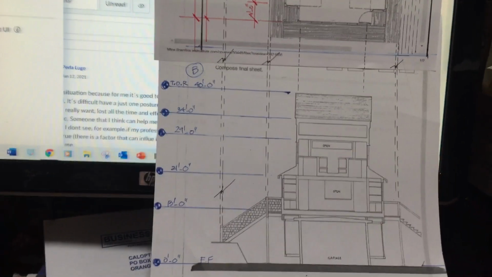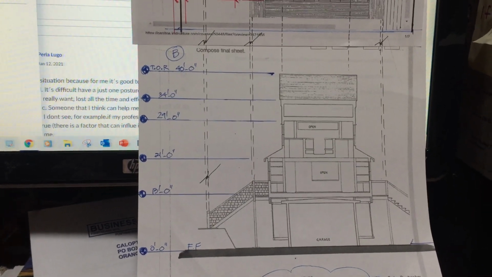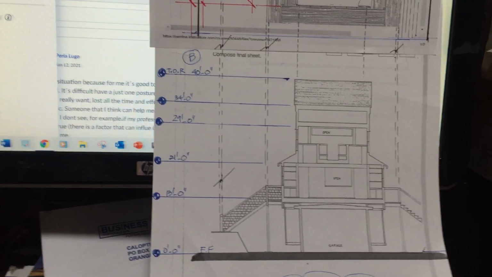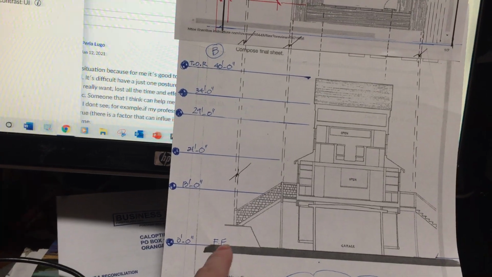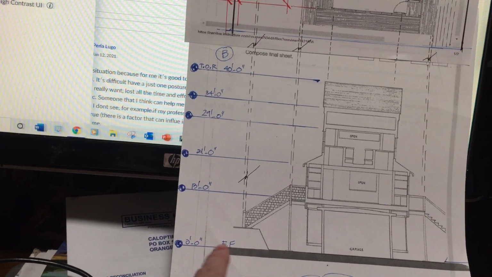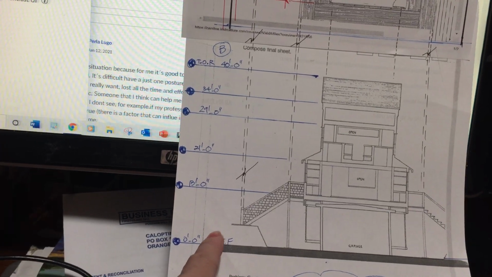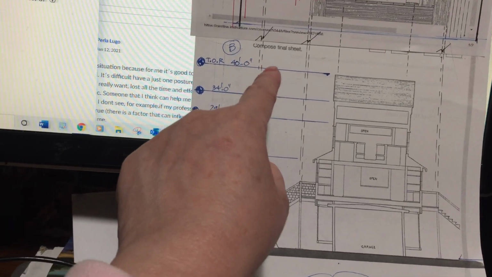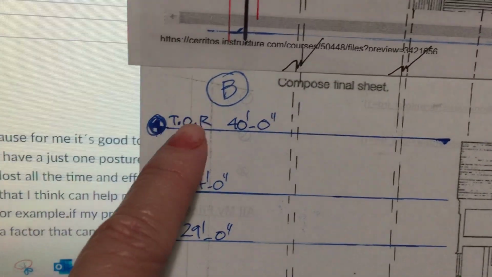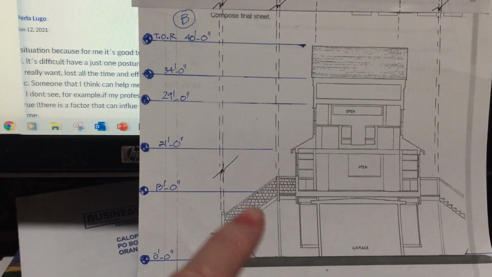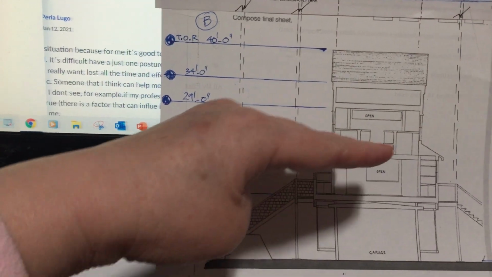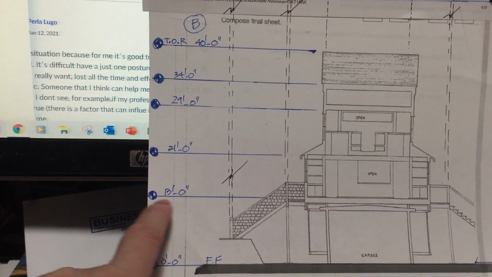One more time, I need you to measure with the 1/8 scale and draw on the 1/4 scale. So for example, here from the bottom, this is the finished floor. I put 0 feet 0 inches. That means the finished floor. I measure up to the top of the roof with the 1/8 scale, and I got the height from the top of the roof: 40 feet 0 inches, and that is the top of the elevation. I continue like that with the main part of the elevation, and I take the line out like this,